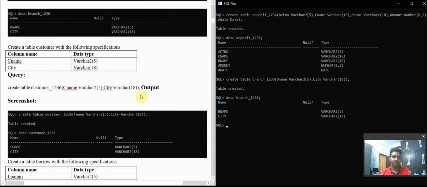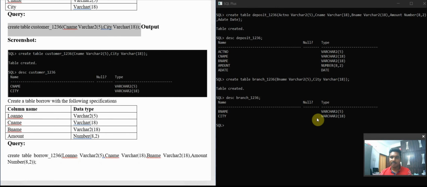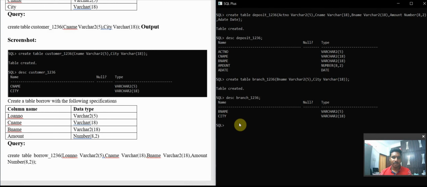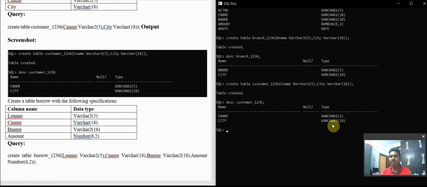Let's go for the next one, to create a customer table. Okay, we'll go with this. The table is successfully created. Here you can see customer in varchar.